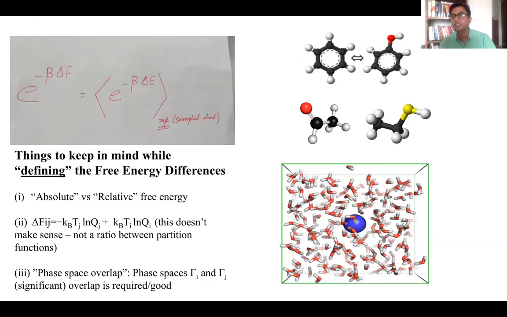So those are some things that actually have to be taken care of when you're running the free energy perturbation method. You cannot have things that are too crazy with respect to each other. It has to be very slow. And so people will take a lot of intermediates in between, even unrealistic intermediates, and then connect one to the other, second to the other. And that is the example that you will run in the class.